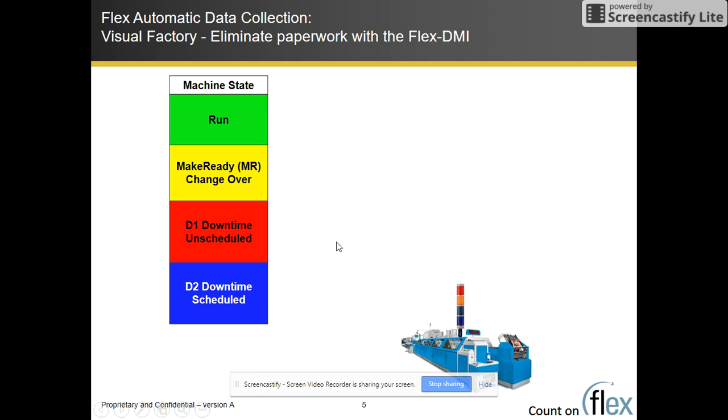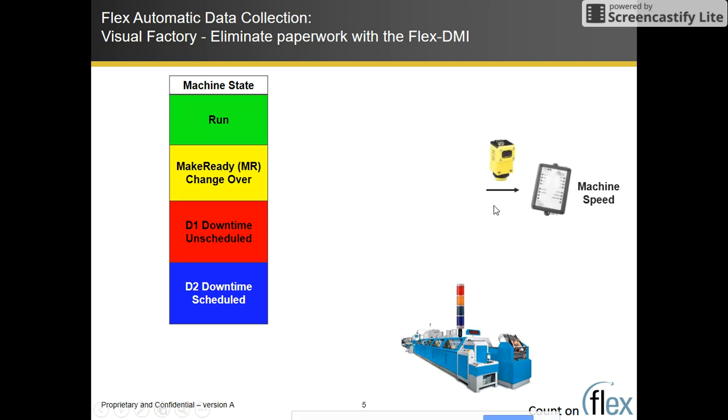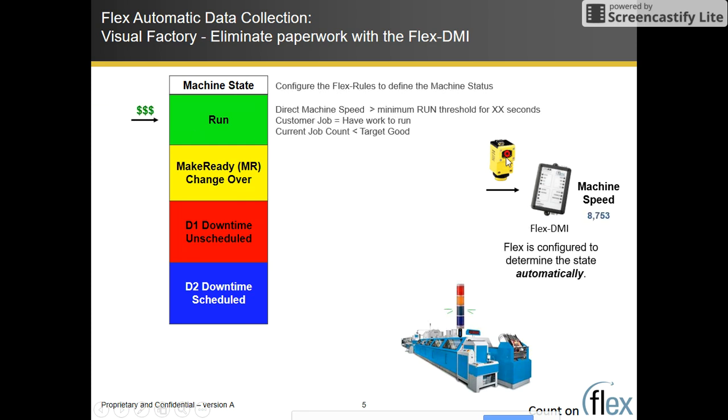This is a key concept video around the concept of Flex states, where Flex basically is automating the data collection on a machine. We're basically replacing paper with the concept of a DMI, watching a counter on a machine. And the first most important state a machine can be in is when it's actually seeing counts. So when the machine is counting and materials are moving through the machine, the counter knows that's going on, and actually Flex